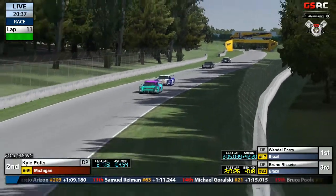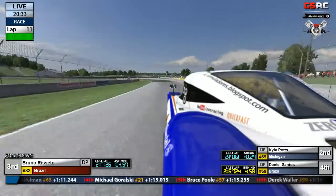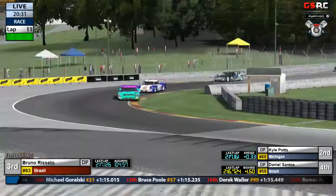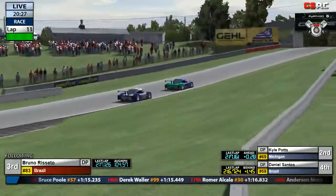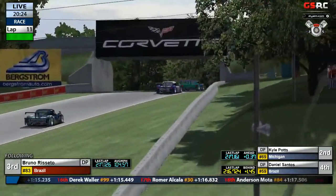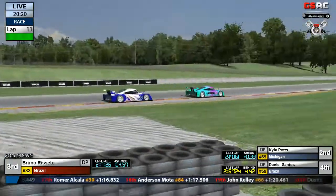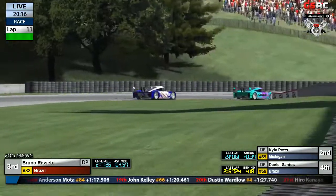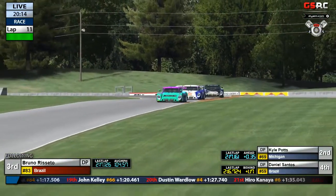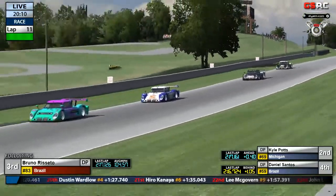But he does have Bruno Rossetto, who's fighting for a championship, behind him as he goes defensive, but then he goes back to the line. Bruno takes a little bit of a look down into turn 5. Just behind them, they've got John LeBaff closing in, but Bruno Rossetto is not going to want to sit behind this American for very long, Ayrton. Oh, yeah. Kyle Potts is going to want to defend this position as well. He has nothing to lose, and this will work great for him in the championship as well, because he's going to get a great lead ahead of Daniel Santos at the moment, who's sitting right